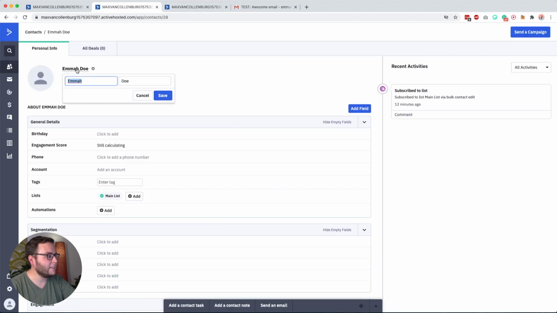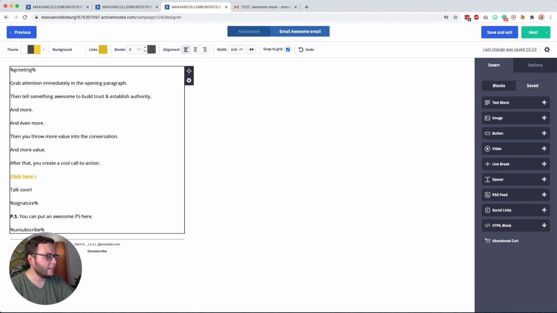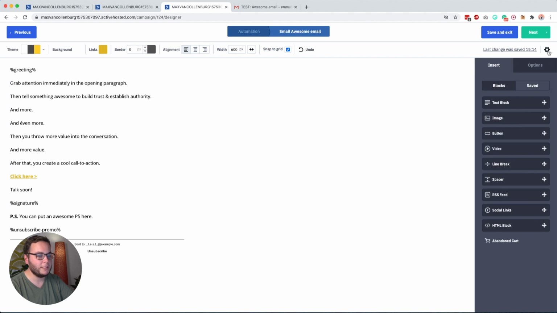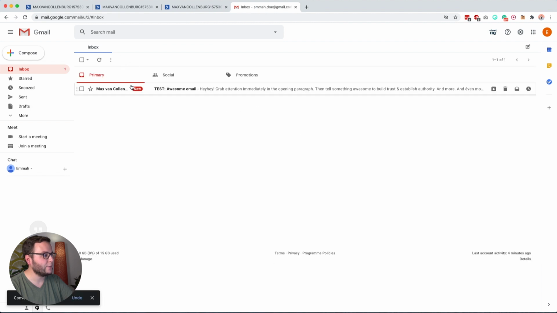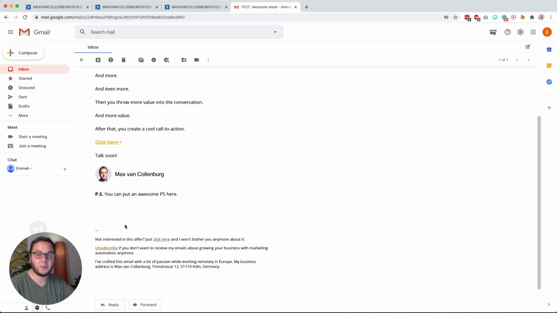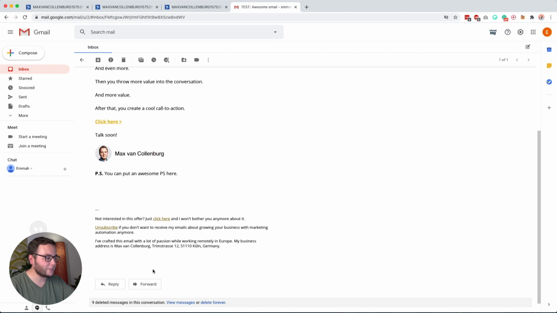Now let's swap it up a bit. Imagine this contact that we just sent the email to does not have a first name. And imagine this is a promotion. Then all I have to do is add here unsubscribe-promo. Then I send it here to Emma Doe, send test. And then we quickly wait for the email. And you see here that it doesn't say "Hey, Emma," because it doesn't know the first name. So it just says "Hey." Then it continues with the email, my signature, and then a different unsubscribe line. And you also see down here that there is no other default unsubscribe line from ActiveCampaign because they recognize the unsubscribe link.